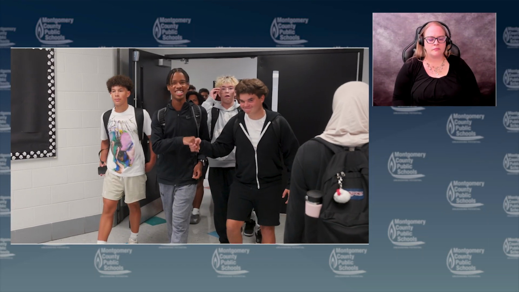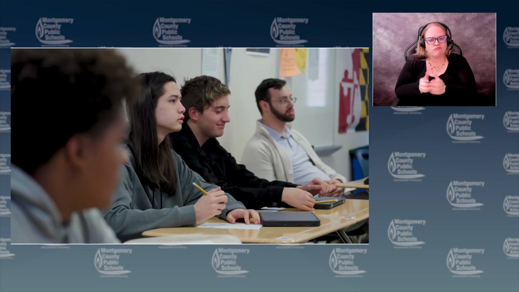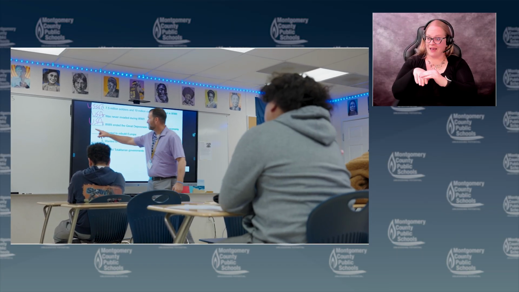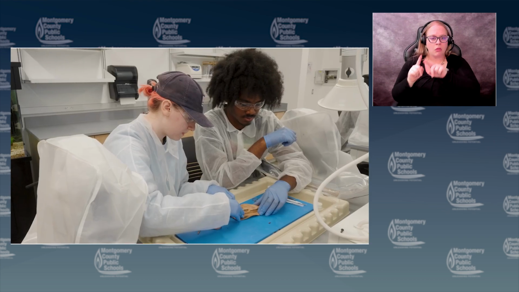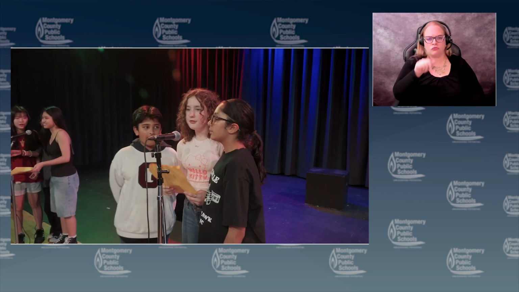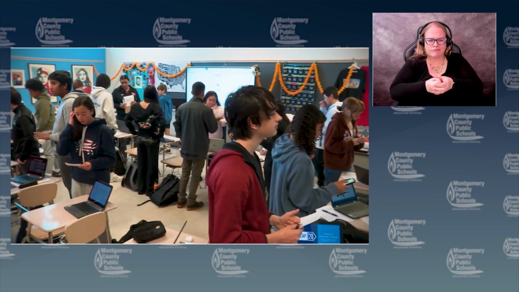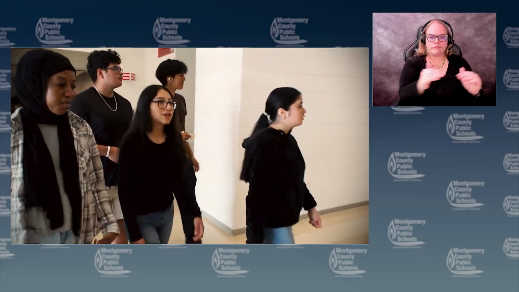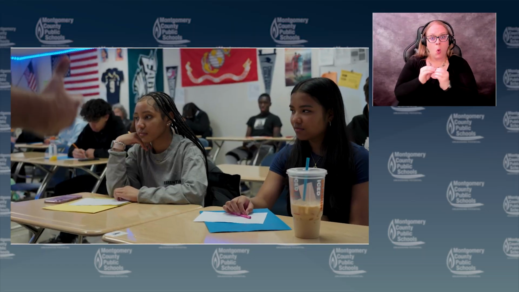At the heart of this effort is equity. Right now, highly specialized and interest-based program opportunities are available to only a small number of students, with limited supports to help more students access them. Access to opportunity should not depend on luck or geography. Expanding these opportunities across every region of the county is about increasing equity, ensuring more students in more places can